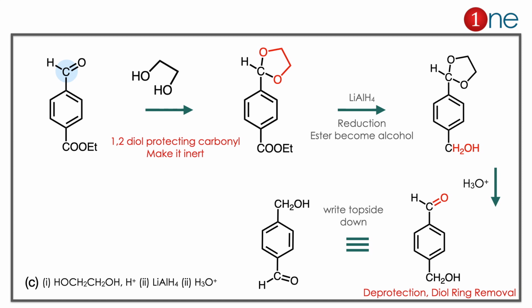Here the product is twisted. Here you have to learn 2 important things. One is protecting group chemistry. Dithiol is the protecting agent for the carbonyl group. The second thing is lithium aluminum hydride. Lithium aluminum hydride can attack aldehyde and ester. That's why we are chemoselectively protecting the aldehyde. Then the ester can be selectively reduced here.